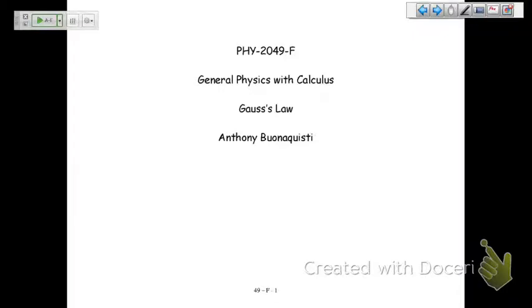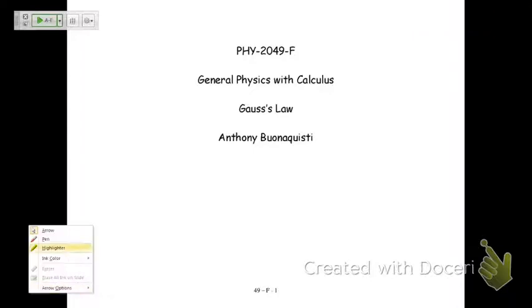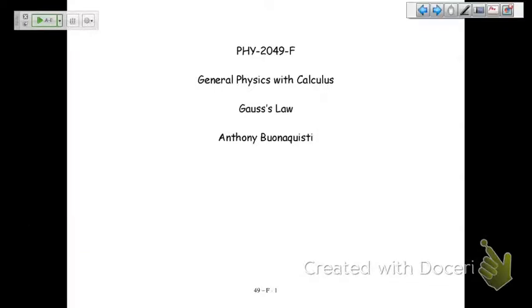So we're going to talk about Gaussian surfaces today. Let's just remind ourselves of where we're at. We've been talking about electric fields and electric forces. Looking down from above, if I had a positive charge here and a negative charge there, I could draw a